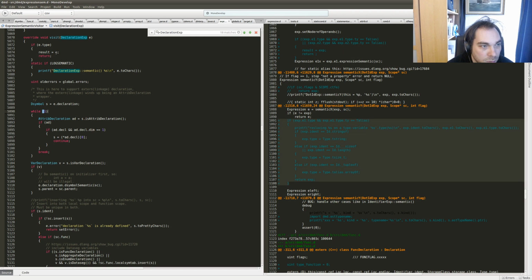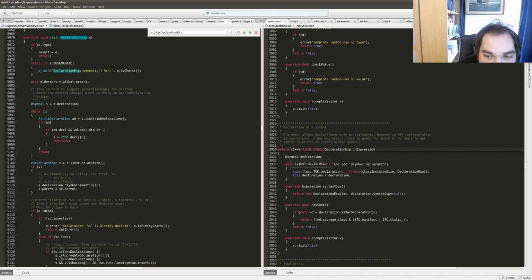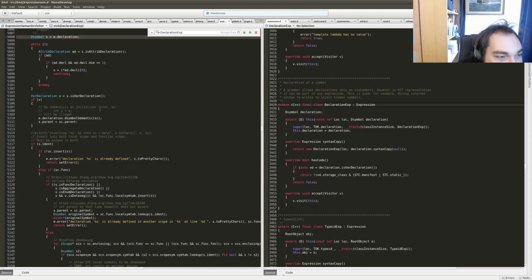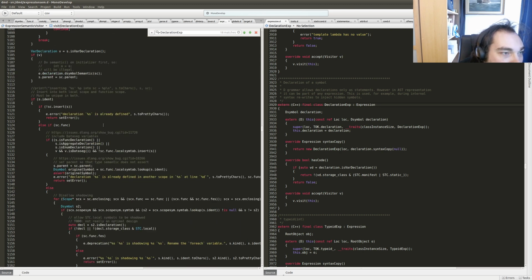So basically E has a type. If E has a type, we know that this is resolved and we return. The declaration expression has a declaration in it, and that declaration is a D symbol which we assign to S here. We check if it is a var declaration, and if it is, we call D symbol semantic on it. And I think in this case what we have is a var declaration, and I do not think that we have a type yet, but we can check. No, actually we should have a type on the var declaration,